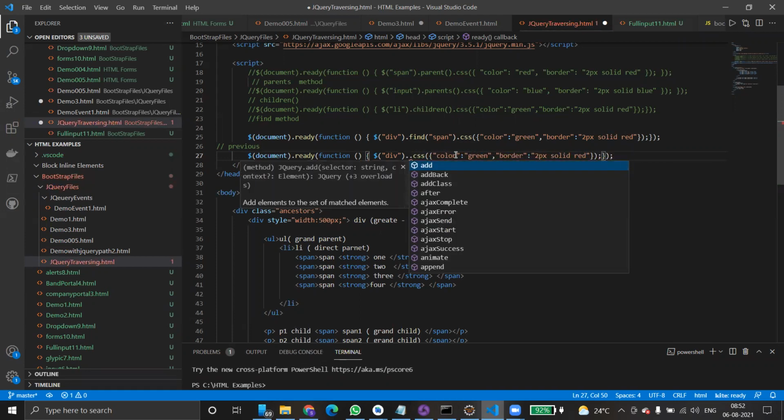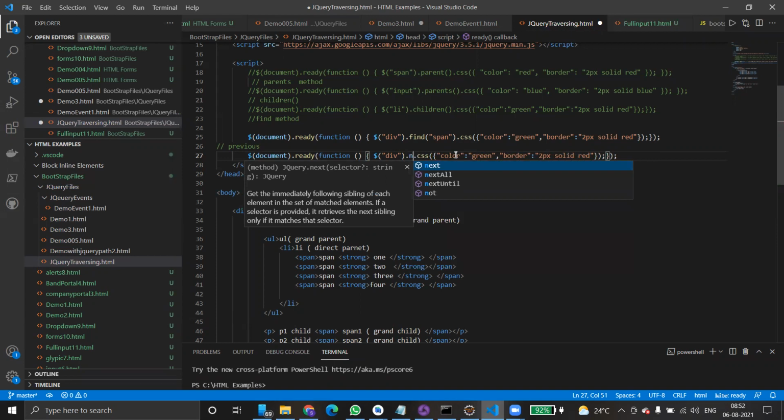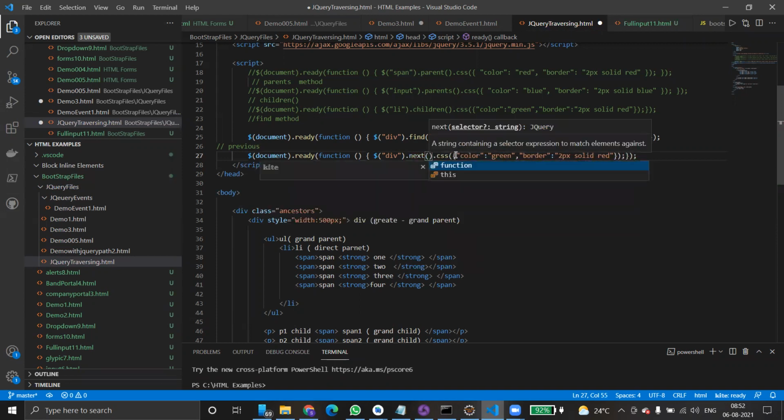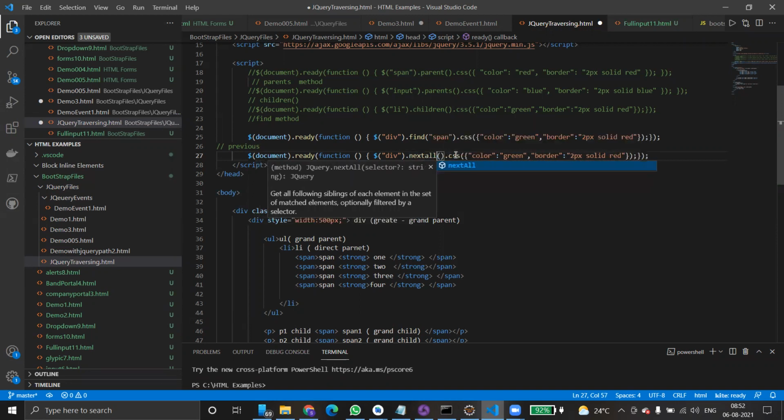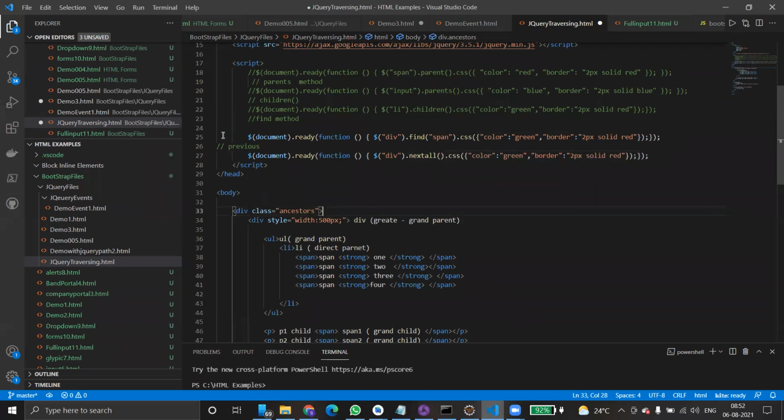Next, otherwise you can use nextAll. For all elements of the division's next elements, it simply applies this CSS. Just commenting this also, Control S. So red color and all, it's actually solid blue, green.